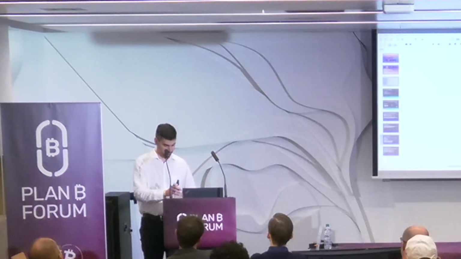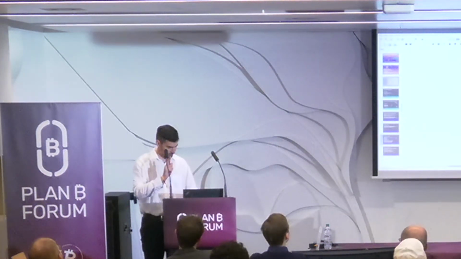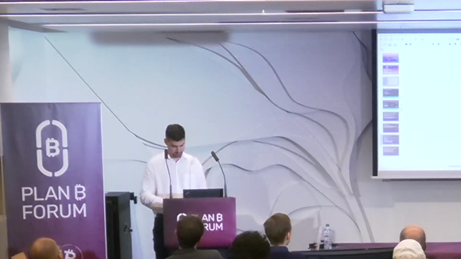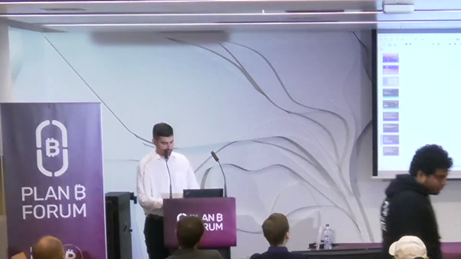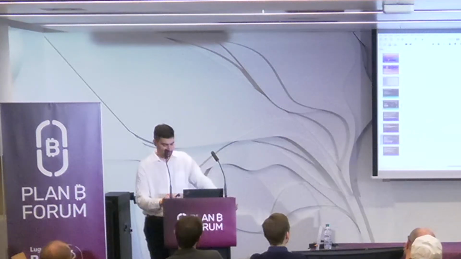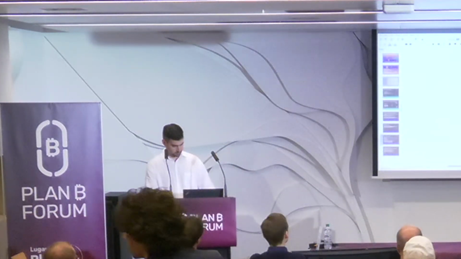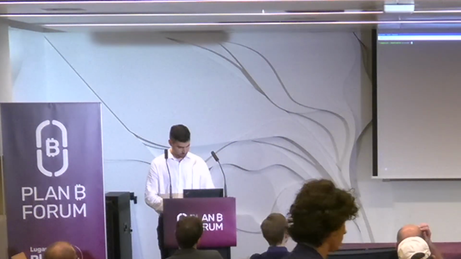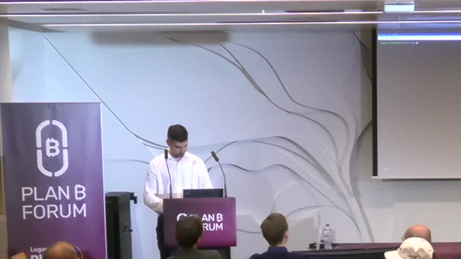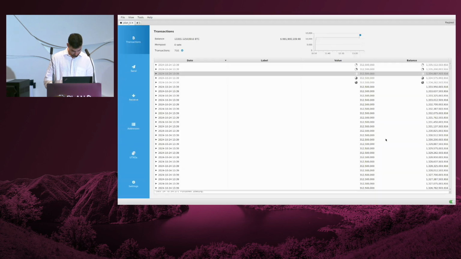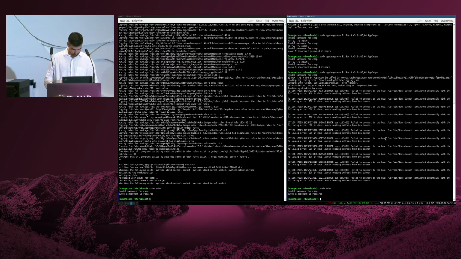Okay. So wait, I registered the descriptors and now I want to turn on Bitcoin Core. For those who want to do it, obviously you need to download Bitcoin Core, and the command that we're going to use is bitcoind regtest. I'll start it here. I have Bitcoin Core running somewhere.